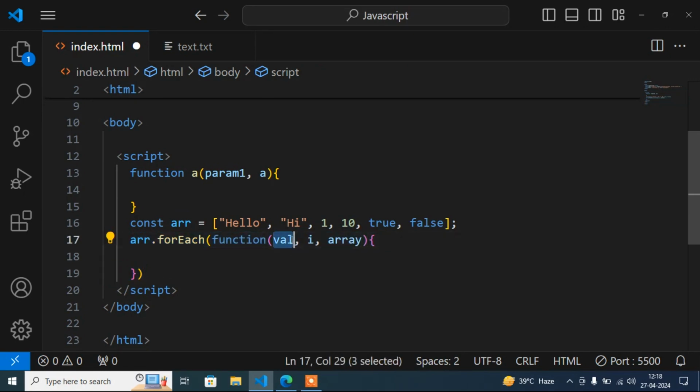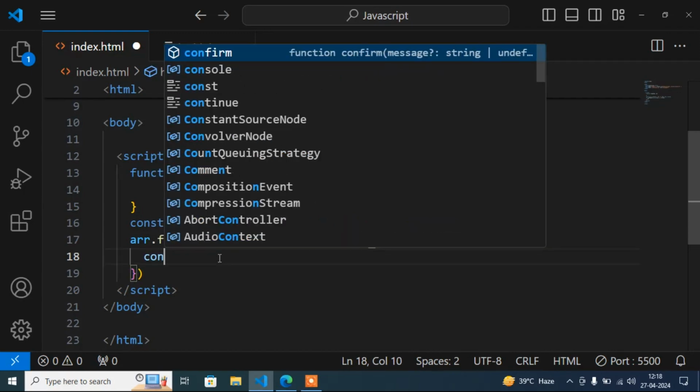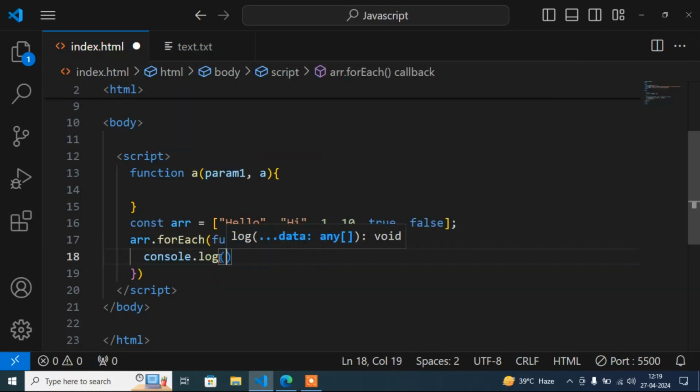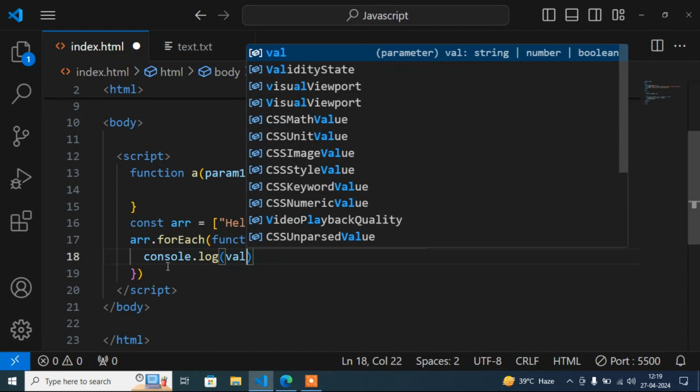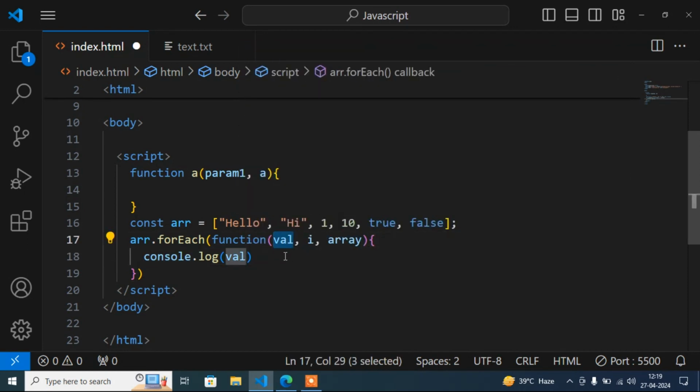Now I will show you those three parameters. Suppose I console dot log this val, the first parameter. So what output will I get? You can guess and write in the comment section. If you guessed the output will be hello, hi, those values, you are right, because I already told you this first